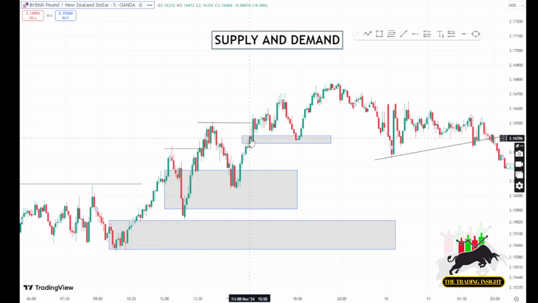In the next video, I will talk about an order block and how to identify a valid order block, because most times people might mistake this. For people that know what order blocks are, they might mistake this place for a valid order block. That is a demand zone. That is a demand zone that reacted to price. So in the next video, we will be talking about order blocks,